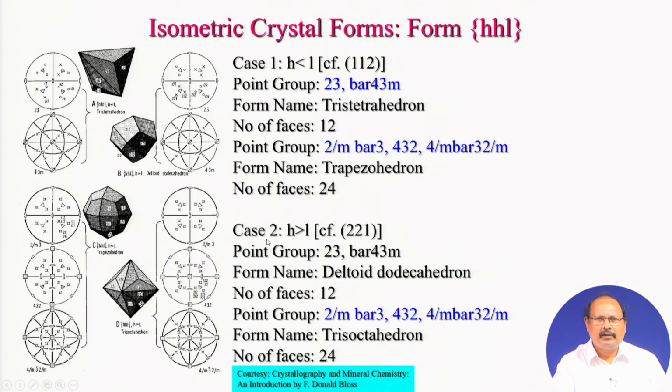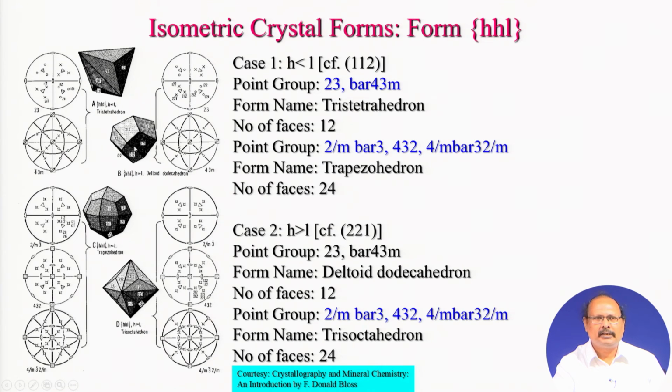Now, if you have a case here where h is greater than L, your starting face you can consider 2 to 1, and if you consider 2 3 and bar 4 3 m as we saw here, what will you have? The same thing. The same set of open circles in these 2 quadrants and crosses in these 2 quadrants. Again you have a set of 12 faces here. This we call a deltoid dodecahedron. So, 12 faces. In the case of the dodecahedron the faces were rhombic, but this face is such that we call it a